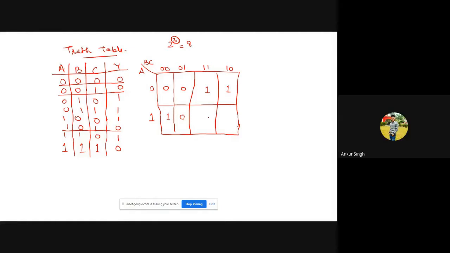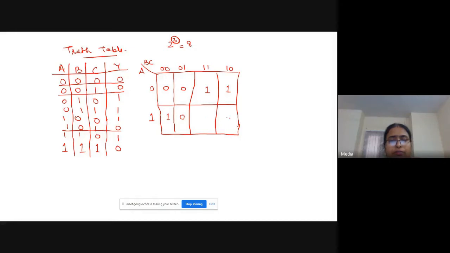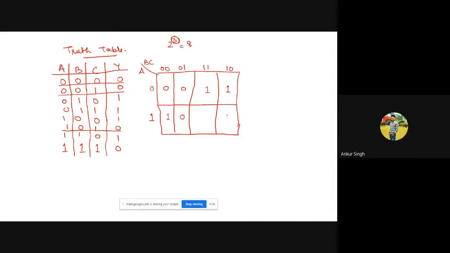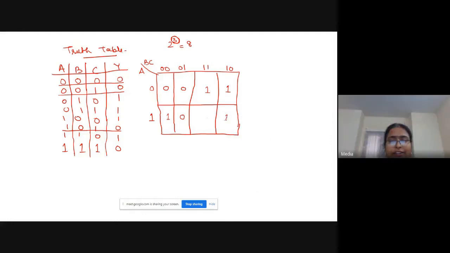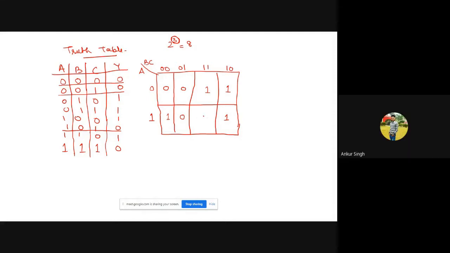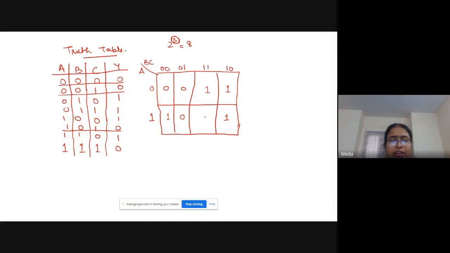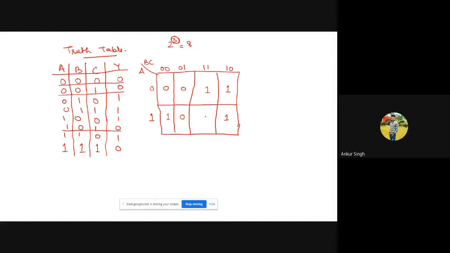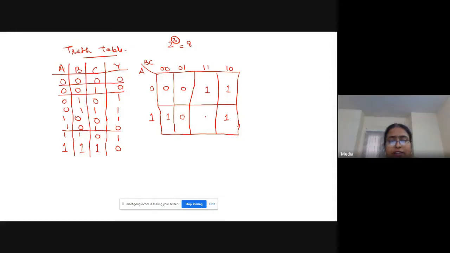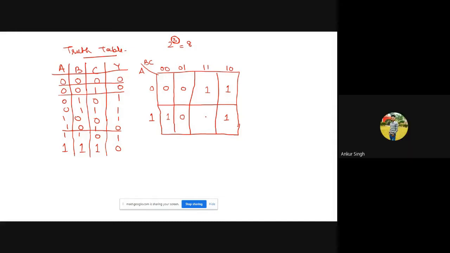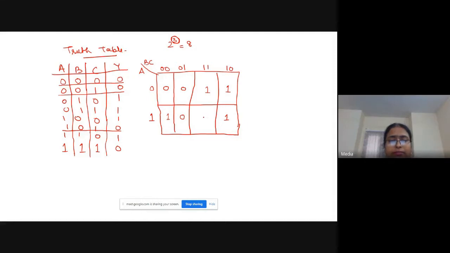What will be the entry for 101? It is 0. So put 0 here. Next you will tell me for 110. It is 1. So should I write here or here? 110 will be in the last one, ma'am. So 1 here. Then in this cell, what should I write? Second last, ma'am. 0 or 1? 1. Why should I write 1 here?